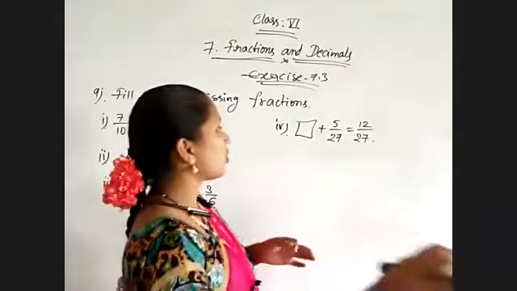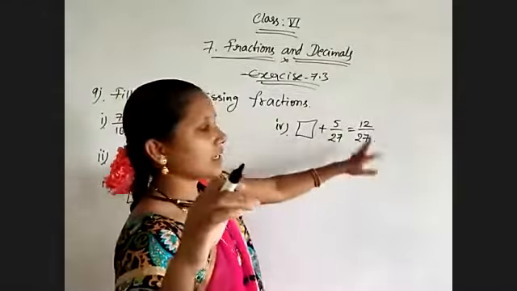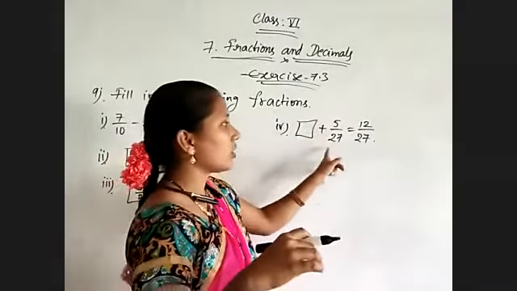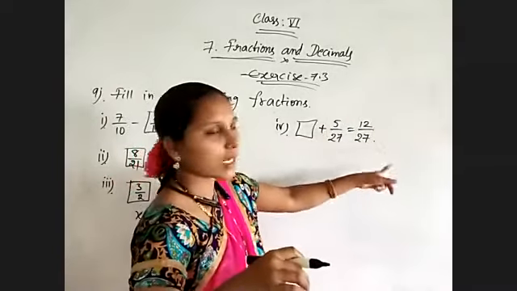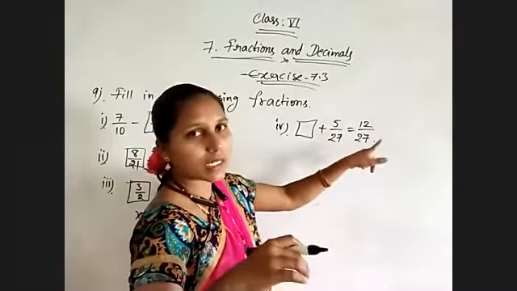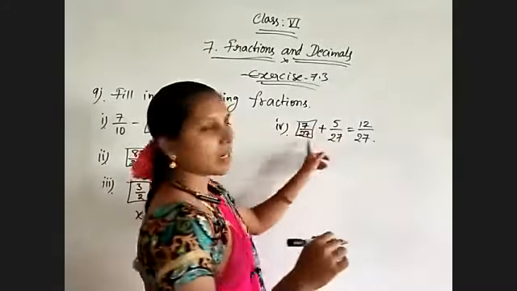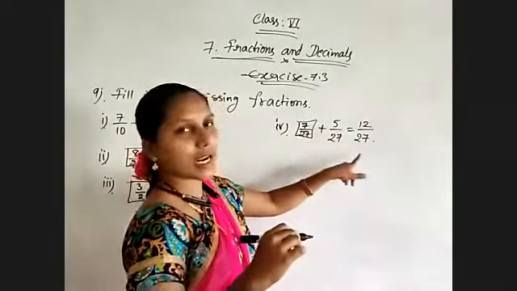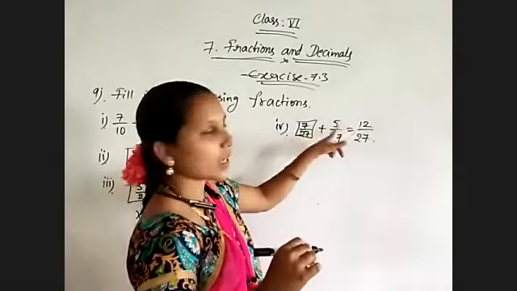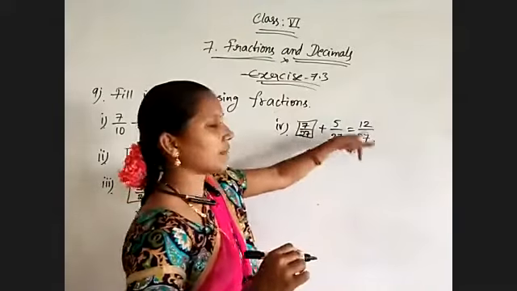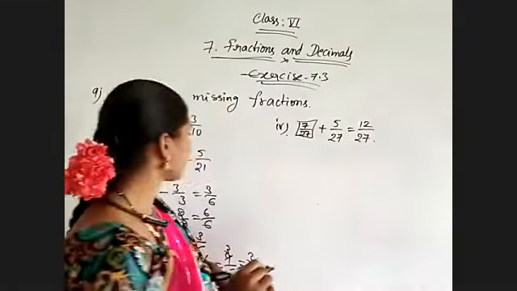Now coming to the fourth problem, 5 by 27, 12 by 27. Both are like fractions and here the sum is given. So while you are bringing this side, minus will come. So 12 minus 5 is nothing but 7, which means we will get 7 by 27. We get a common denominator because of like fractions, and the difference 12 minus 5 will be equal to 7. So now just observe 7 plus 5, 12 by 27 result. Okay.